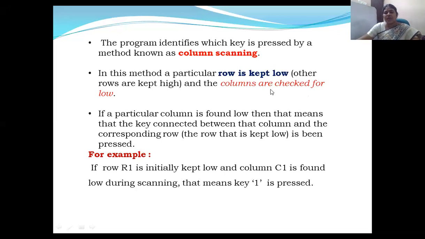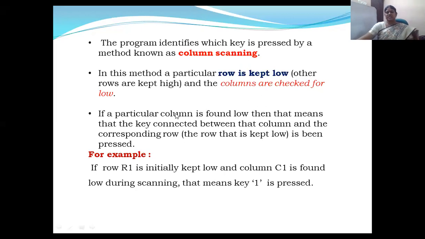If I am taking row 1, then I have to keep that particular row as 0. Rest all rows should be kept as 1. And the column which I'm going to check should have 0. So this is what you are checking.